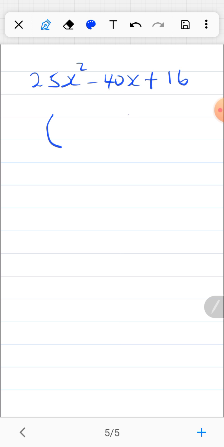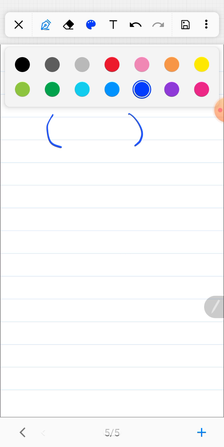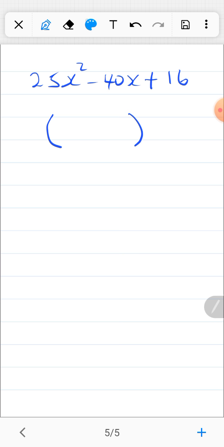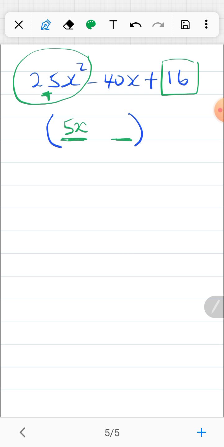The number that goes here will be the square root of this term. The square root of 25 is 5. The square root of x squared is x. The number that goes here will be the square root of 16. Square root of 16 is 4. And the sign in the middle has to be the same as that sign, so that's 5x minus 4